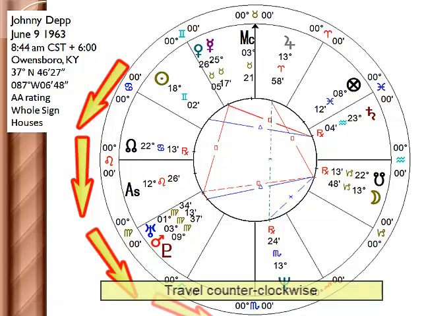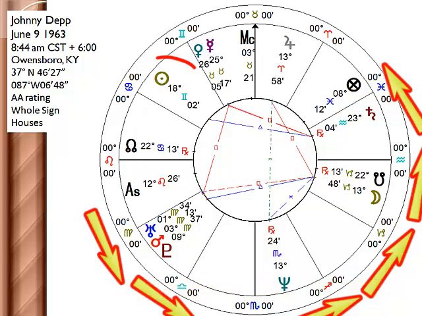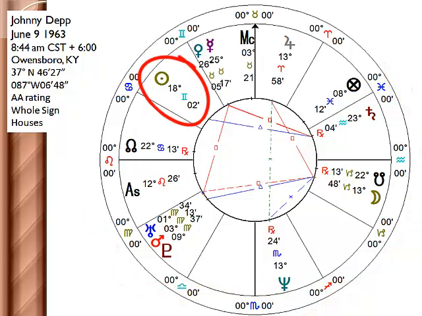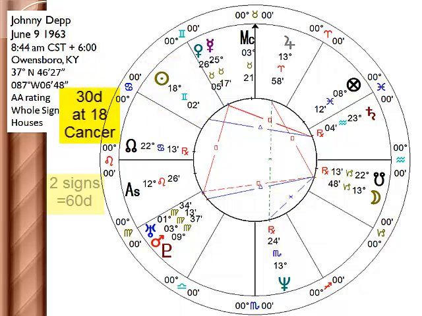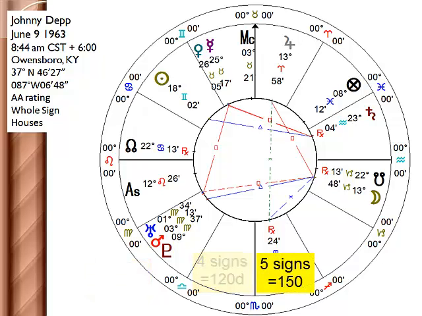The distance from the sun to the moon is the same as from the ascendant to the part of fortune. So if we start with the sun at 18, then we would add 30 degrees to get it to the next sign, another 30 degrees into Leo, so we're at 60 degrees, gets to be 90 degrees in Virgo, 120 in Libra, 150 in Scorpio,